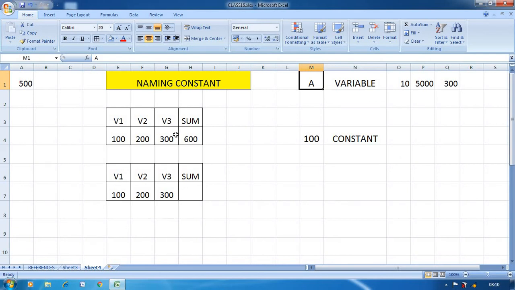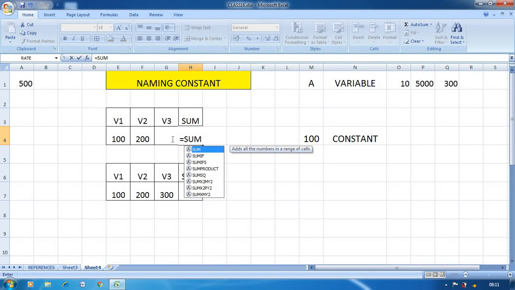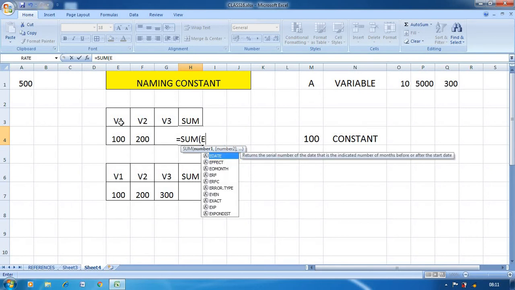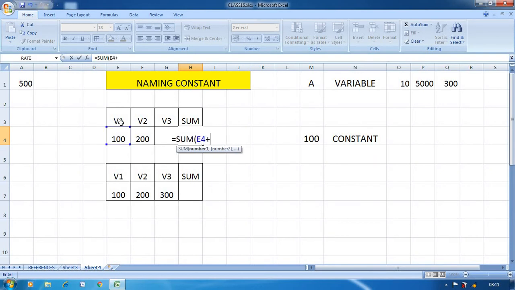So here I have created one table, that is value 1, value 2, value 3, then sum. Then here 100, 200 and 300. So normally what I would write, I will use the sum formula. Then the address of 100 is E4 plus the address of this one is G4.